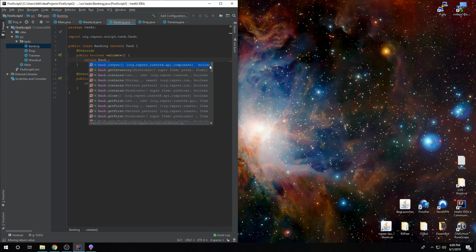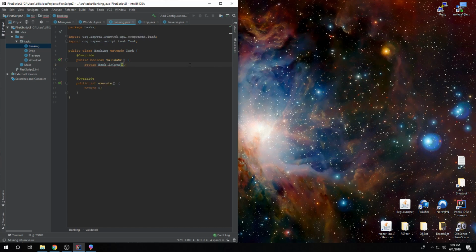Bank.isOpen is going to return a boolean. Right here is the return, what it returns. Boolean true false, obviously. So yeah, bank.isOpen will return true false. So if the bank is open, it will return true. So that will return true, which means it will execute banking. So if the bank is open, however, we want to also have it open the bank. So we're going to do or,